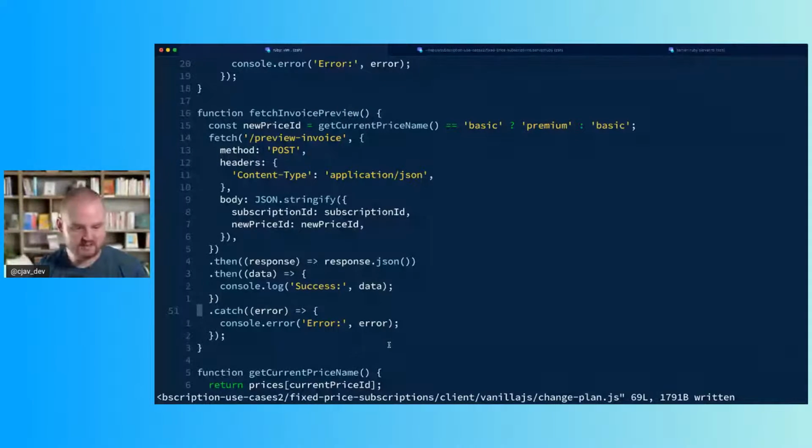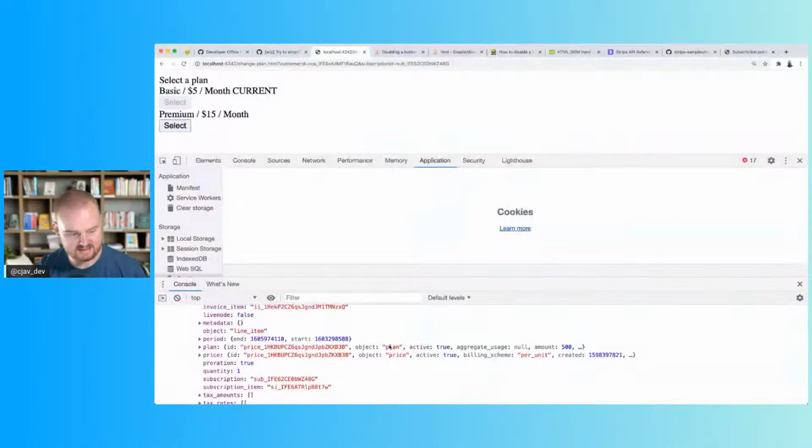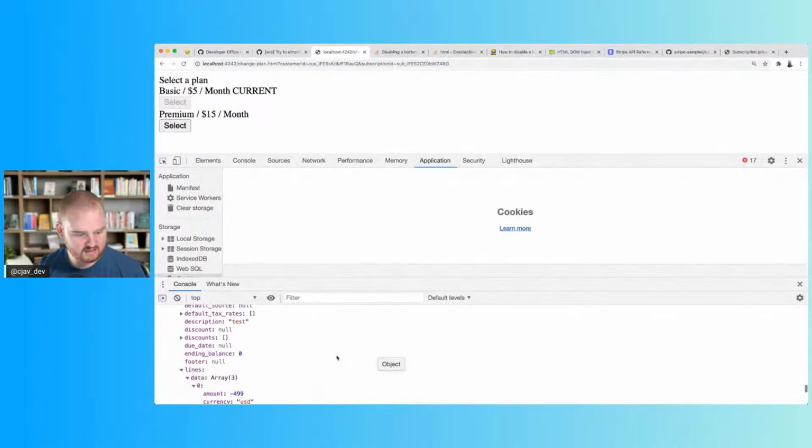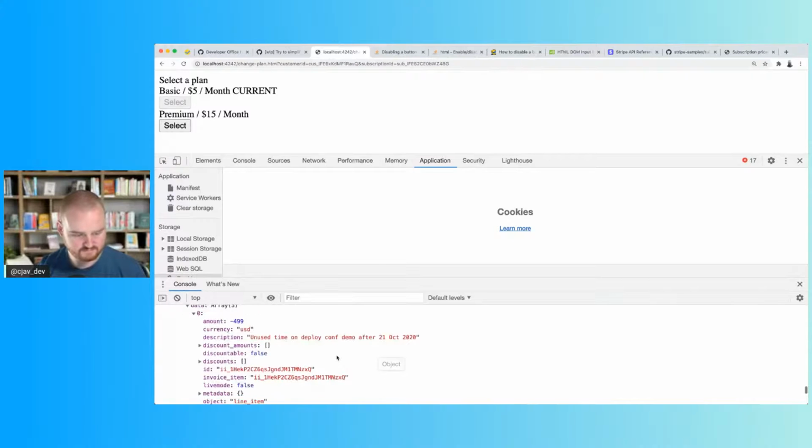So when we get this invoice, line items is going to be data.invoice.lines.data